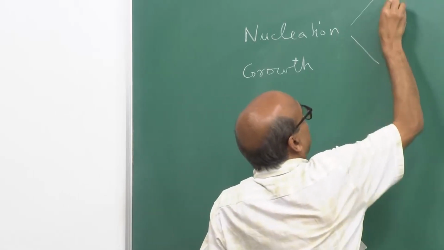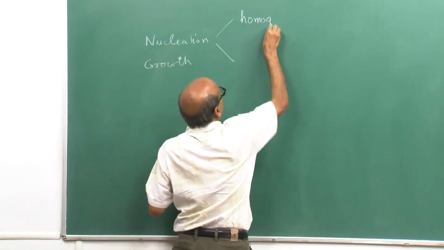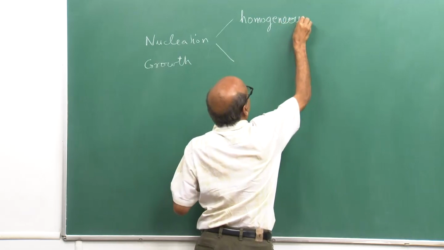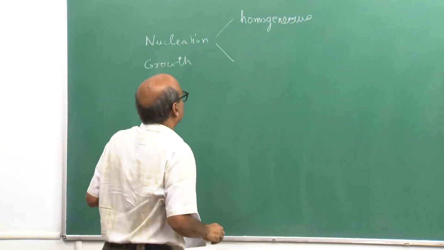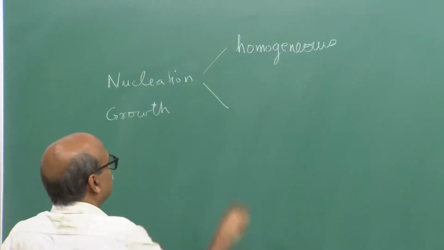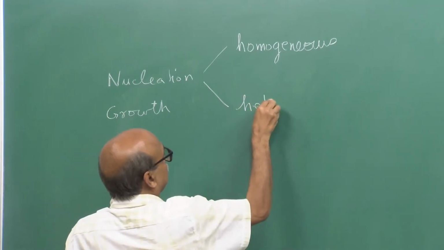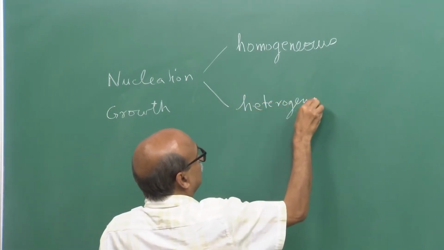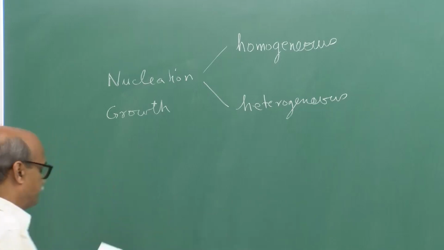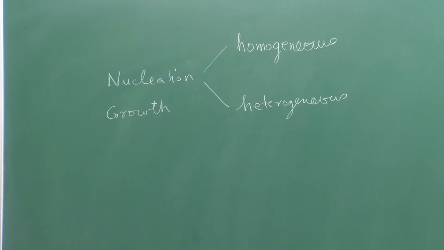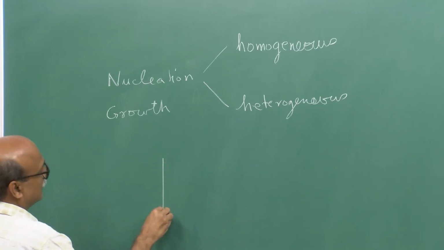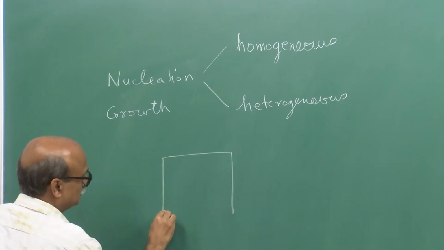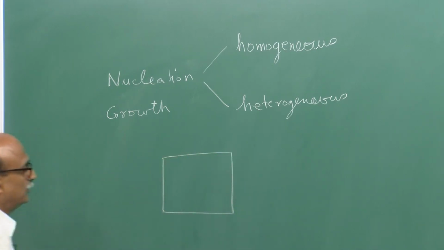One way is homogeneous nucleation, and an alternative way of nucleation is heterogeneous. So, what happens? Suppose we have, to start with,